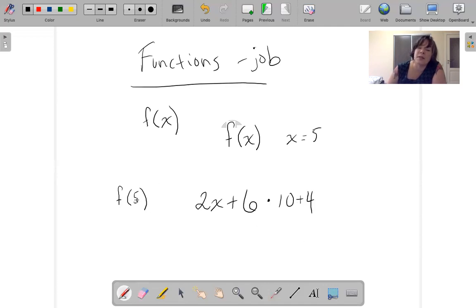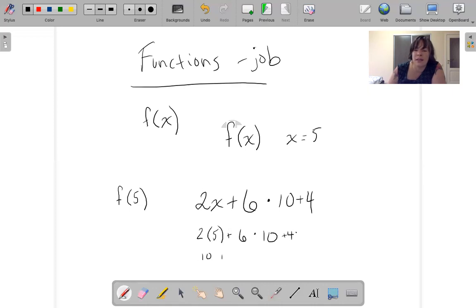Then I use this 5 because the function of x is 5. So I take every x and replace it with a 5. 2 times 5 plus 6 times 10 plus 4